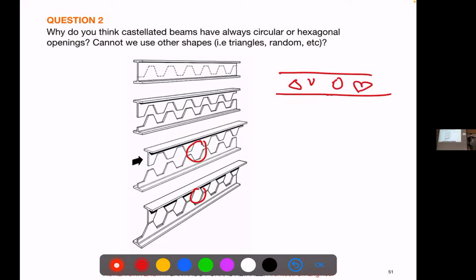Well, you can, but first it's fabrication. Hexagonal is the most rational. And then once you have those elements, you have a tension concentration in those points, right? So if you put triangles, you have very, very concentrated tensions in those peaks. And we always try to avoid that in structures. This is why I always say, use rounded connections and so on.